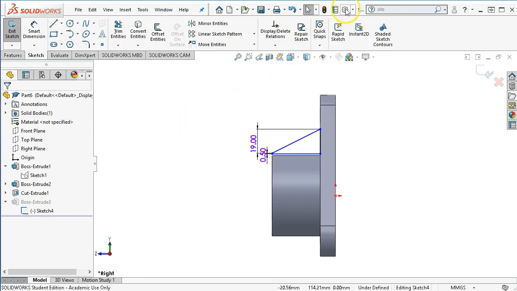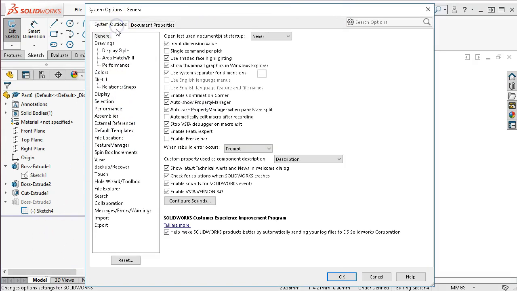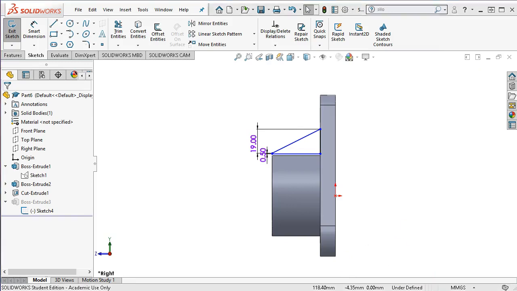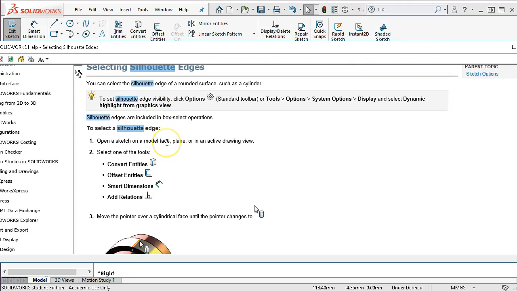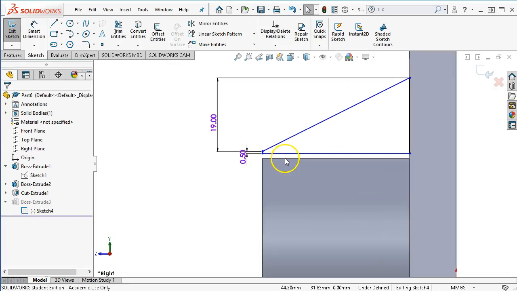Okay, so under the options, document properties, and it was under the system options, I was under the display. Instead of the highlight, it was dynamic highlight from graphics view. Since this was a new installation, it wasn't previously picked up. So I went into the help, typed in the first couple letters, and got close enough to find out where to make sure that that's turned on from the help files. All right, so what that should do now is as I drag along that edge,